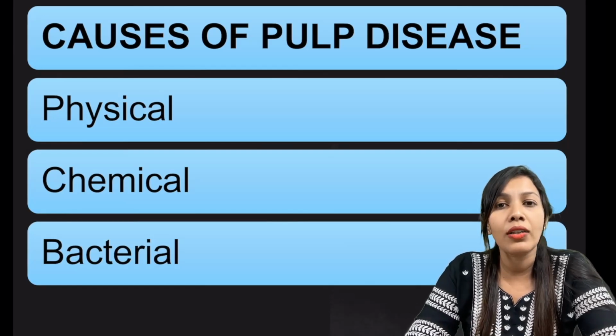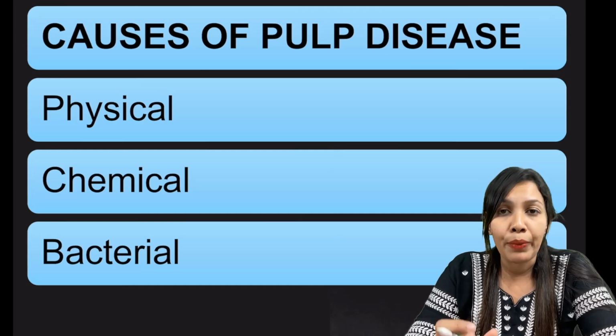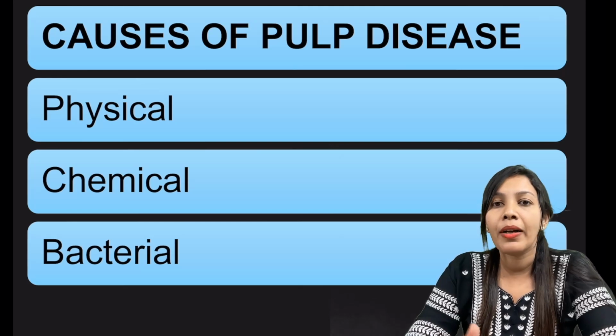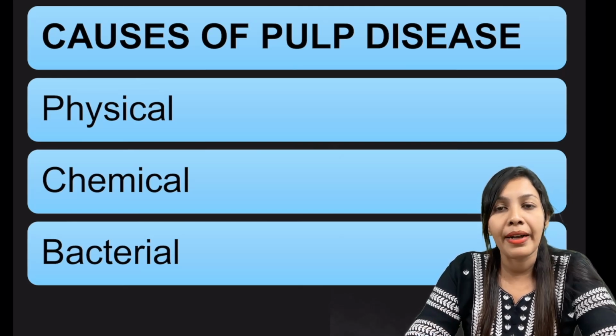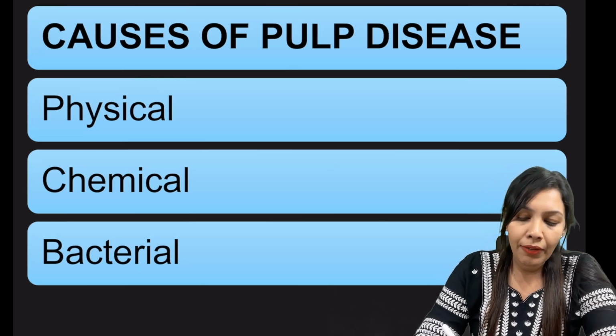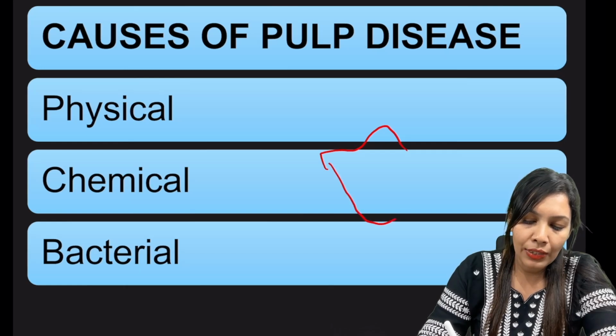So what are the causes of pulpal diseases? Physical means, of course, the most commonly seen etiology, is dental trauma. Because of trauma, there is exposure of the pulp, and it can often lead to infection of the pulp. Next is chemical. Whenever we do a restoration,